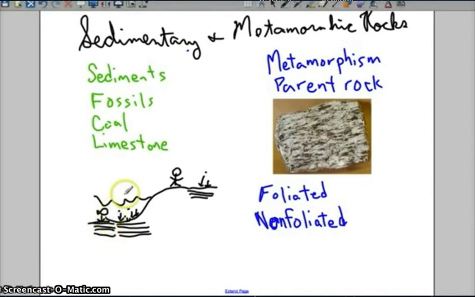Now, you're not going to find fossils in igneous rock, because fossils would have burned up whenever you had magma or lava in the first place. And fossils generally are not supported very well in metamorphic rock. So when you find a fossil, you can pretty much count on it being sedimentary rock. Let's talk about a couple of different kinds of sedimentary rock that are noted in our book.